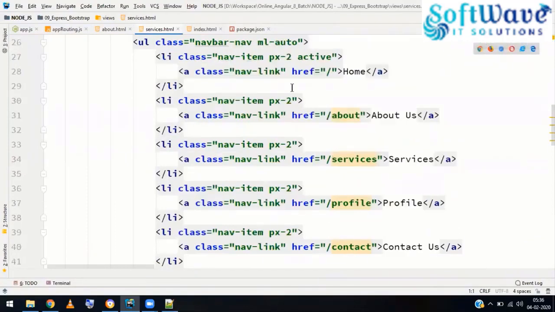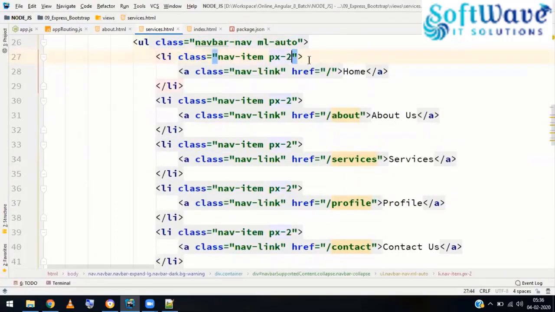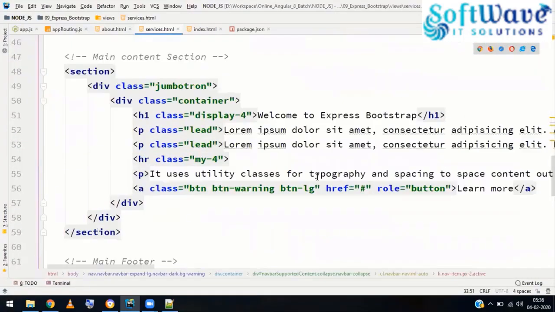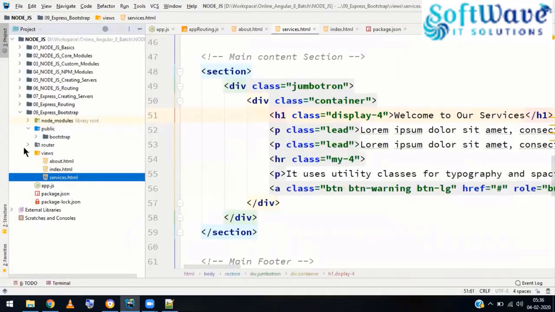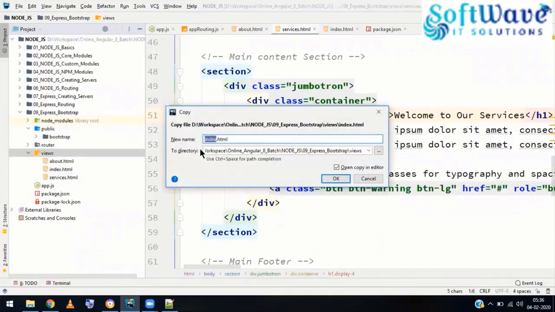So for services, let me cut the active here and make it services as active. And finally, here, welcome to our services. Okay, and then let me paste again,